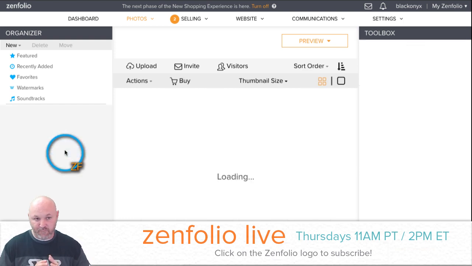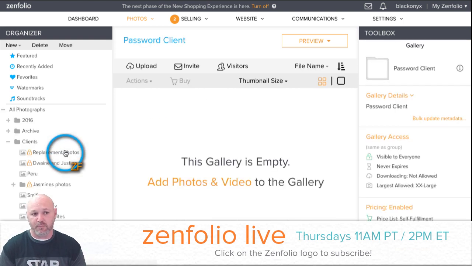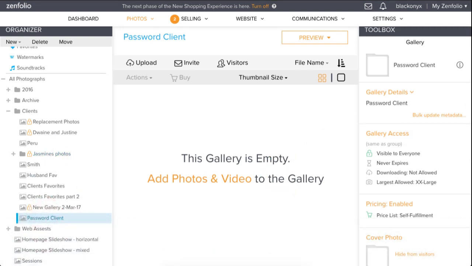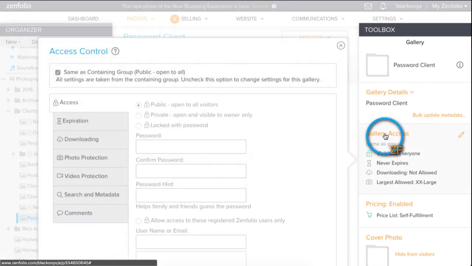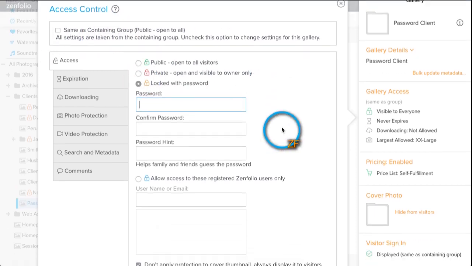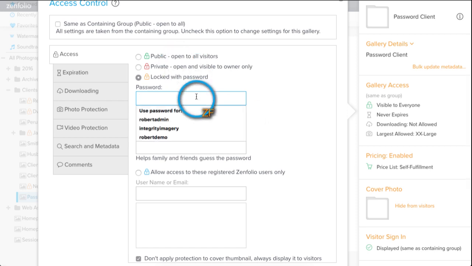So now, before any images are uploaded into that gallery, what we're going to do is come over here to gallery access, uncheck that same as containing group, and you can put lock with a password there if you want, and just